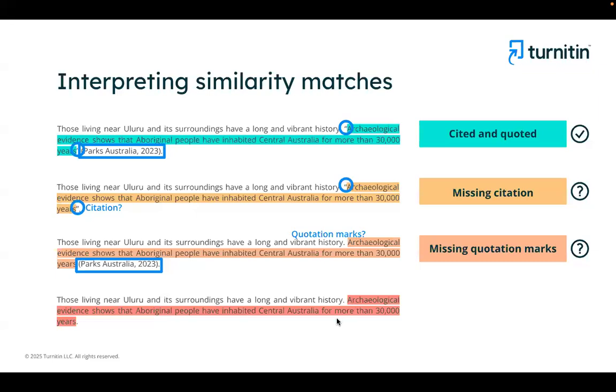Now, any text highlighted in red color like you see over here, these are the text that doesn't have any citations or quotations added. That means these are the text that was taken from a particular source but have not been acknowledged. These red text would be the actual text which has high potential of plagiarism. These texts should be properly investigated, properly checked, and then should be considered as plagiarism. So whichever plagiarism that you will be finding from these red text itself.